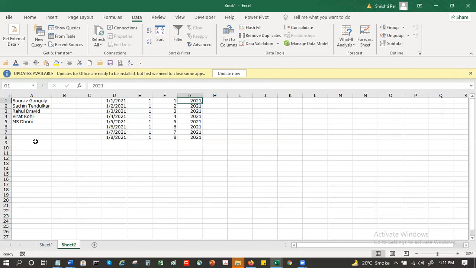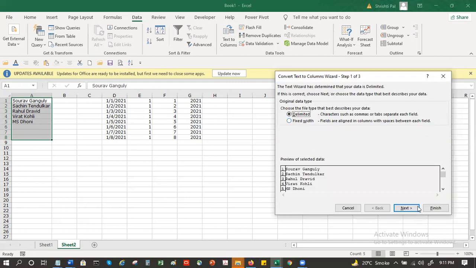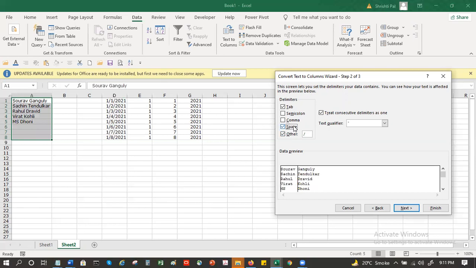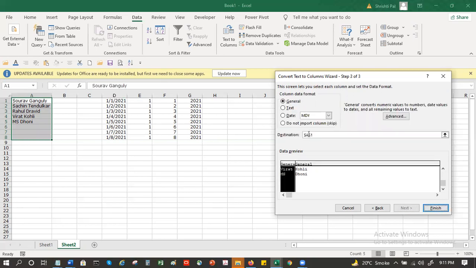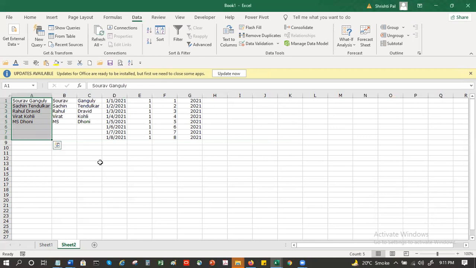If I want to do it this way, here I can do the same thing. Text to column, delimited. Here the delimiter is space. So you see immediately you can review your data also, whether it is doing it correctly or not. If you are happy with this, say next. Source instead of A, make it B so that you can see them side by side. If you make it A, it will just override it. That's it. Oh, lovely. These are great time savers.